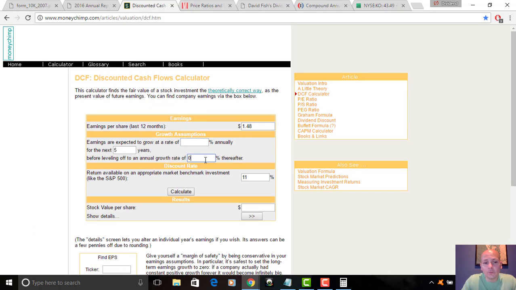And then you're going to put in what you think the dividend can grow at moving forward. You can do a 2-stage model here, where you say over the next 5 or 10 or 15 years it grows at one rate, and then it's going to slow down thereafter. With a mature company like this, you wouldn't really use a 2-stage model. With a newer business that's only been growing its dividend for 4 or 5 years and has a very low payout ratio and a very high growth rate, you'd probably say, okay, for the next 5 or 10 years, I think it can grow its dividend at, say, 15%. But then thereafter it's going to drop down to the mid or high single digits.